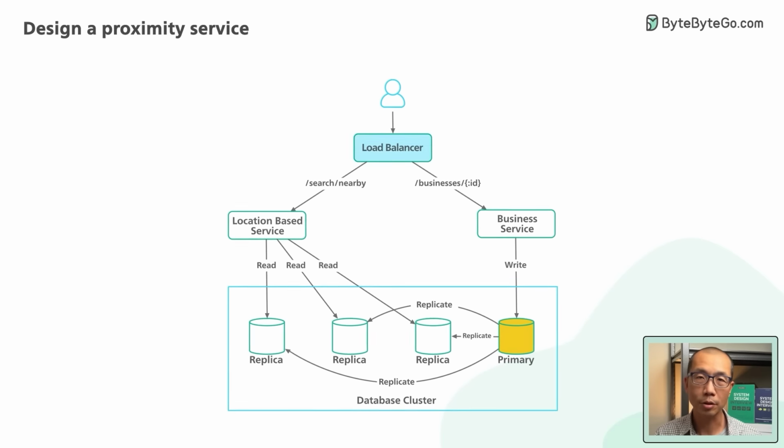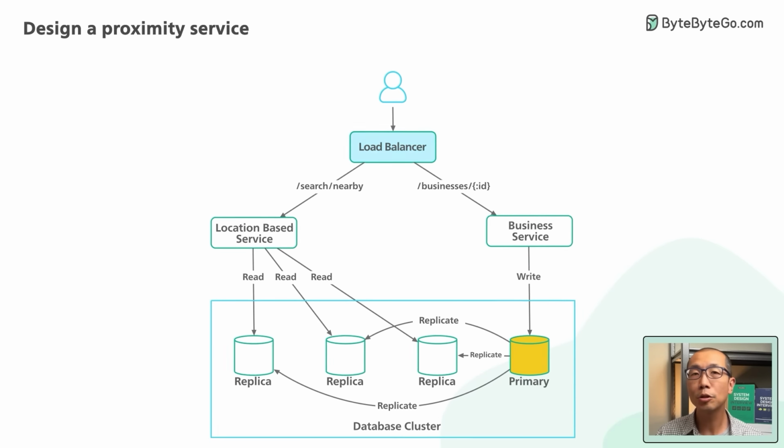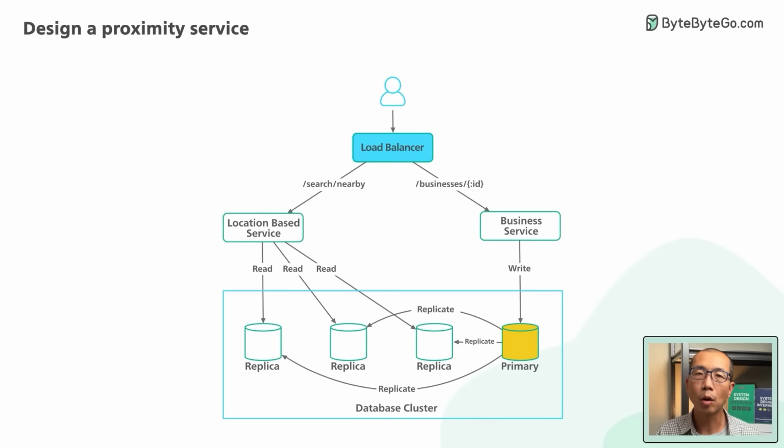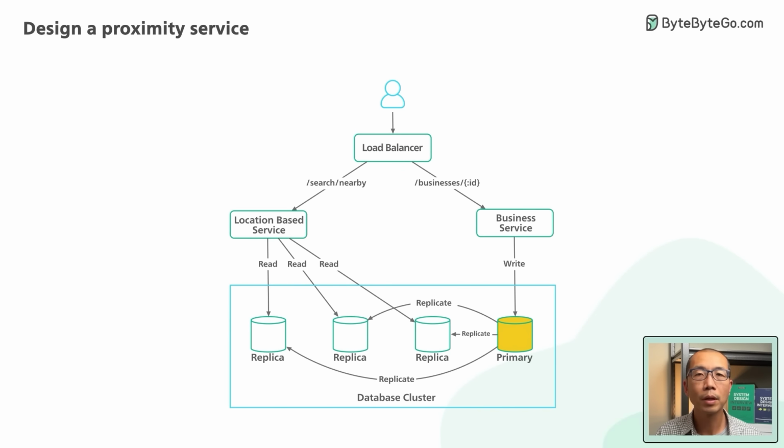First is the load balancer. In our design, the load balancer distributes incoming traffic across 2 services based on the API routes. As we'll see later, both services are stateless. Deploying stateless services behind a load balancer is pretty common, and we will not go much deeper here. Now note that in the real world, the company we work for might have other setups for distributing traffic to services. It could be Envoy in a Kubernetes cluster or API gateway on AWS. The exact details don't matter that much.